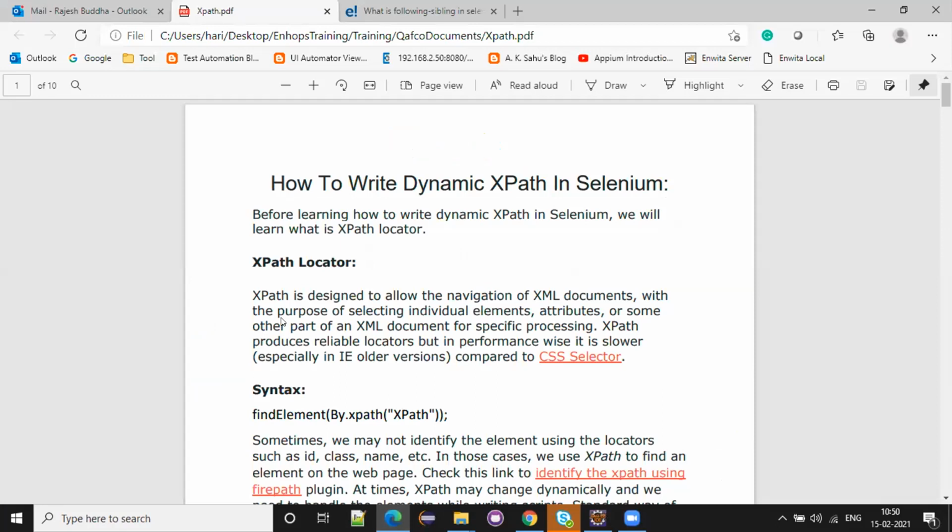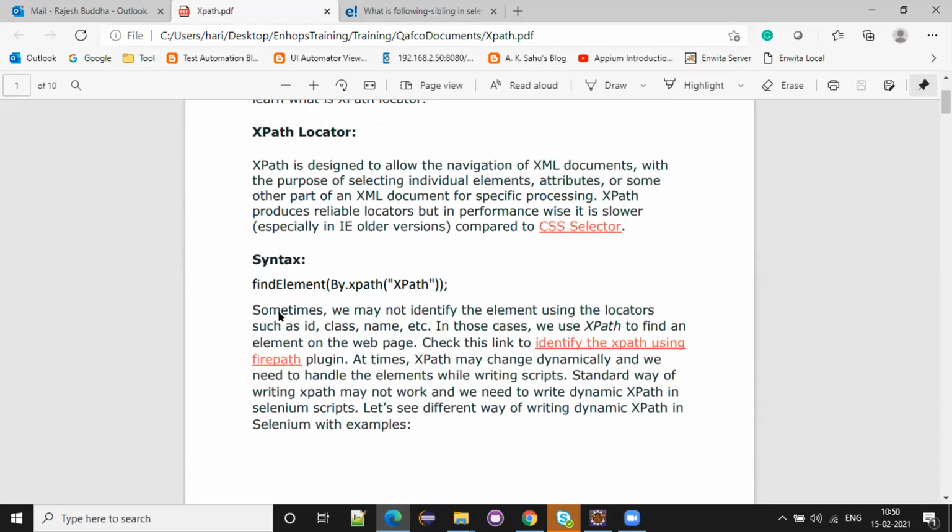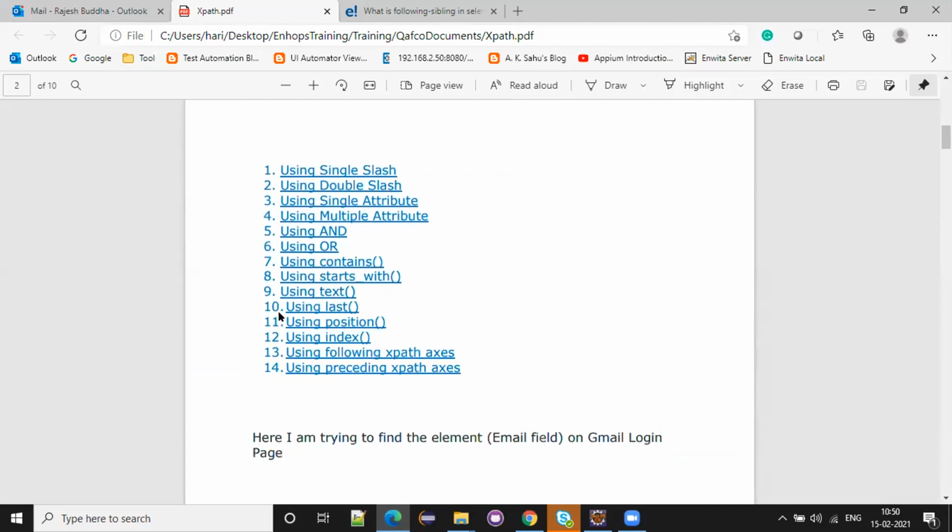So now the important thing is relative. In relative, we can write around 14 kinds of XPaths. The first one is single slash. Now it is done. Double slash, single attribute, multiple attribute, and, or, contains, starts with, text, last position, indexing, following, preceding.